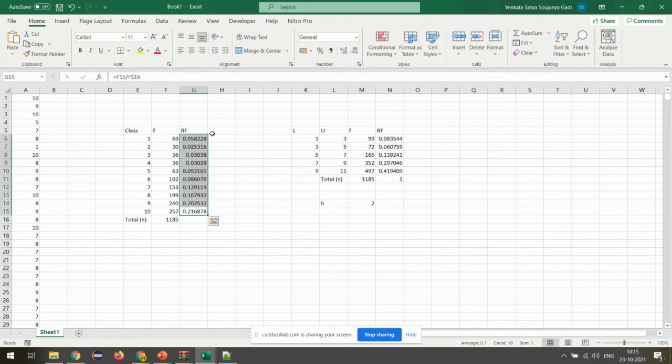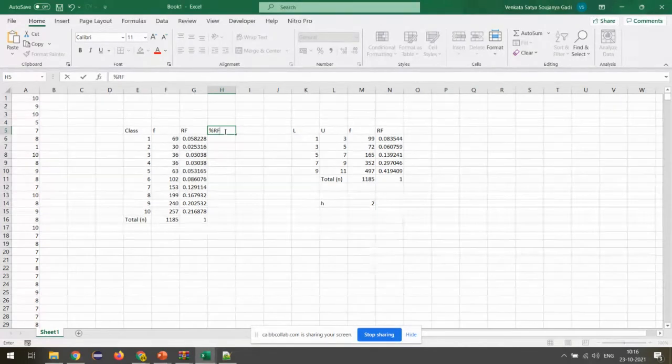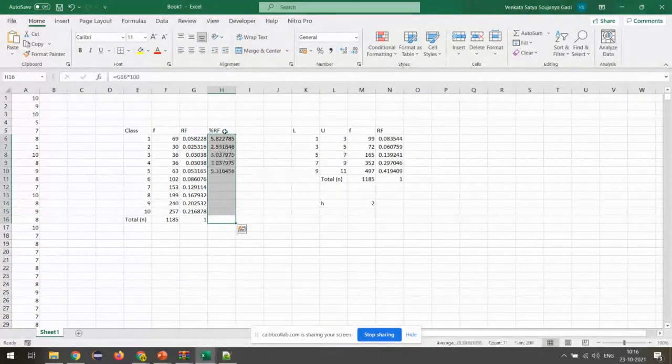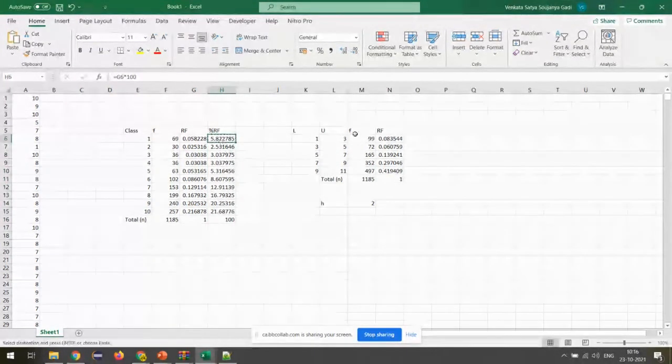It's the relative frequency. And if we add all the relative frequencies, it should be 1. We are getting 1. Okay. The relative frequency, let us show in terms of percentage. What do I have? Percentage relative frequency. What I am going to do is multiply this with 100. We get it like this. So let's do the same with